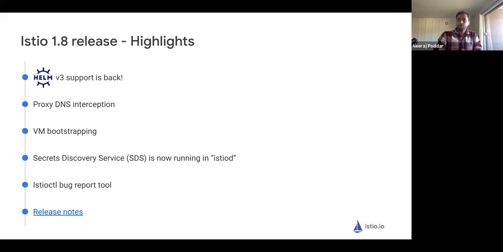The secret discovery service, SDS, which is the default way of discovering secrets in Istio since 1.6, since we removed file-based secret discovery, is now running in Istiod. The reason this is important is previously the SDS server was running in the Istio agent, which runs as a separate process in the Istio proxy container.